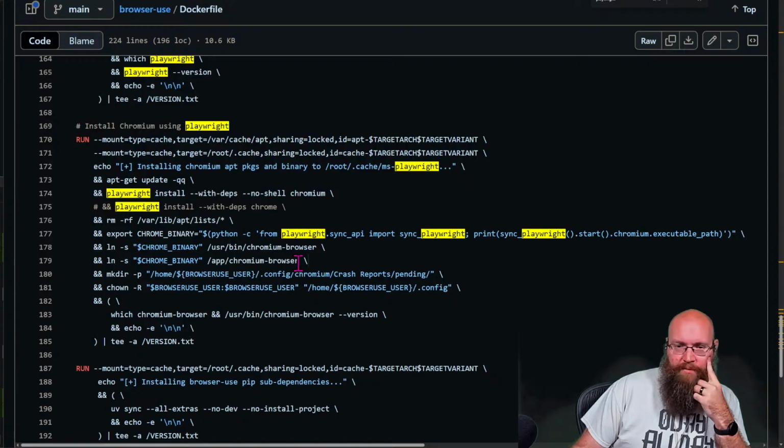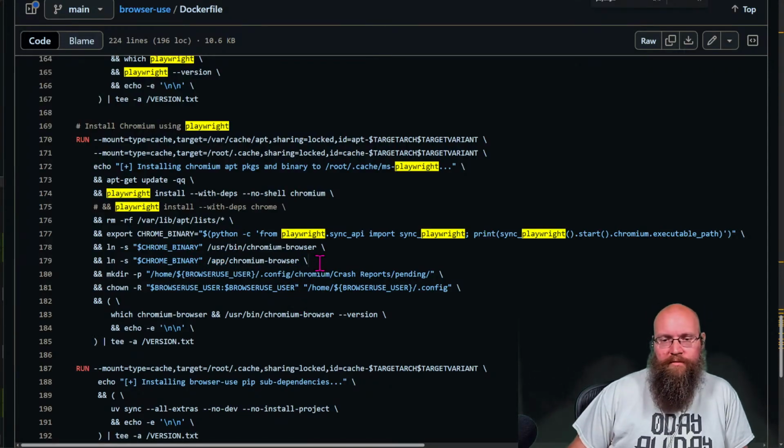So if we could just get MCP to use that Chromium browser, I think we'd be set.